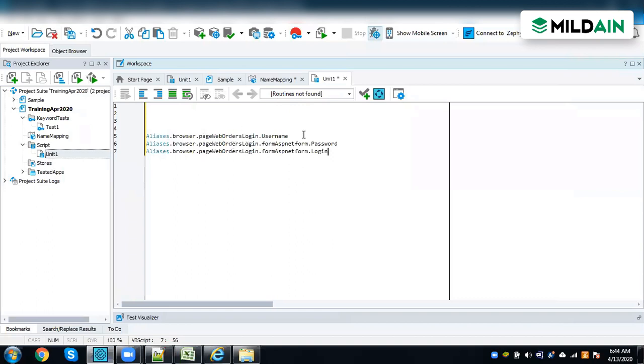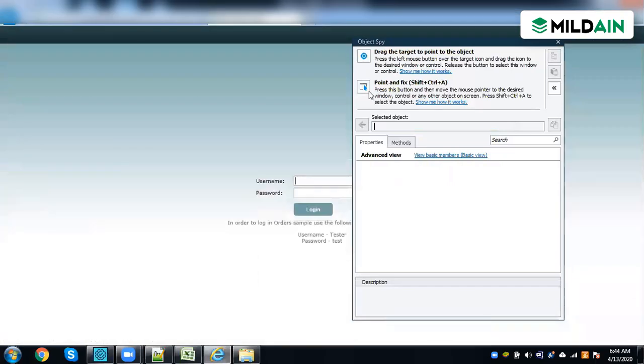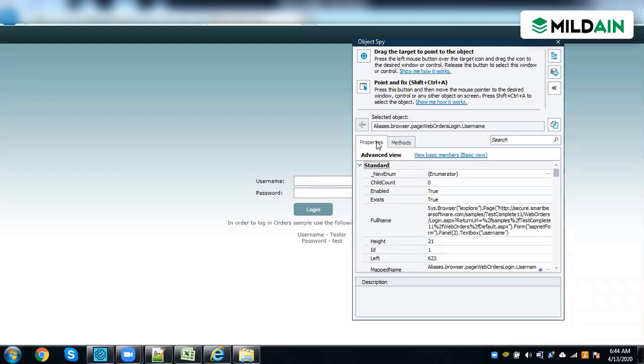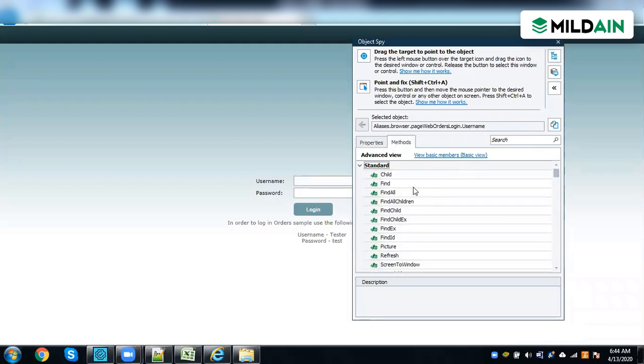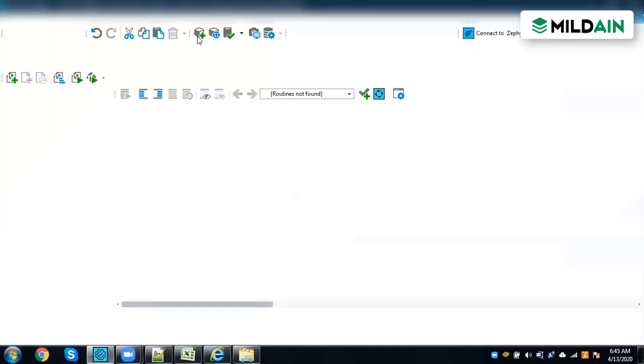These are the objects we have added, stored within the name mapping. The object is identified and then stored. Now we have to see what actions can be performed and what methods come up. When you click on the dot, you will get all the methods and properties which can be performed on this object depending on the class, similar to when you highlight and press Control Shift A, there is a set of methods. These methods are what get displayed when you put a dot. Whatever properties you have here are going to come there, depending on your object.